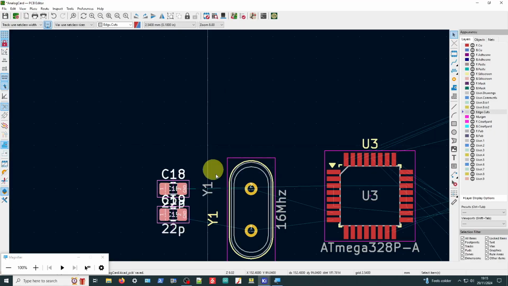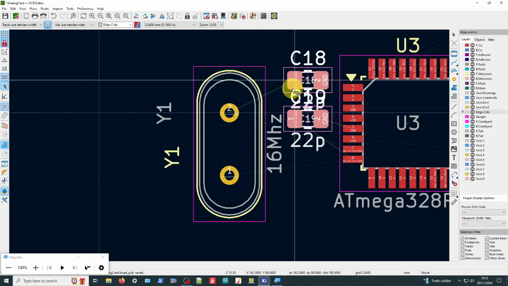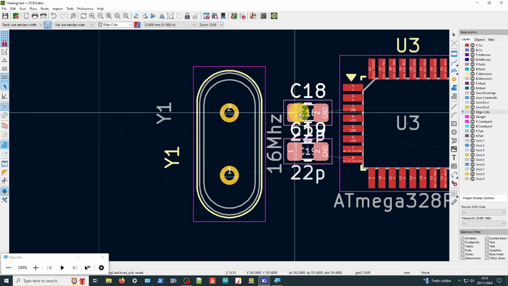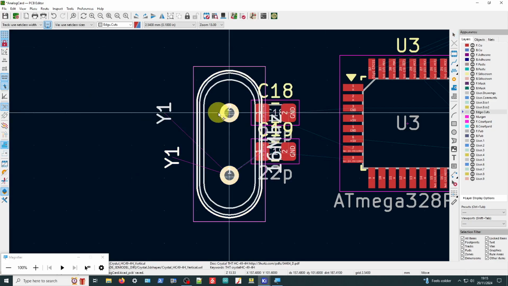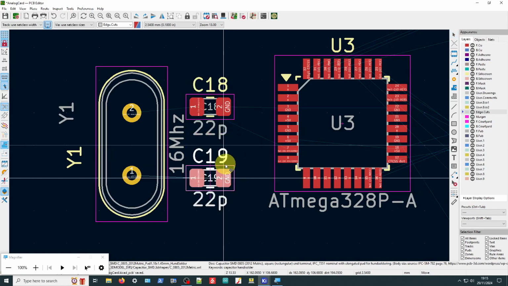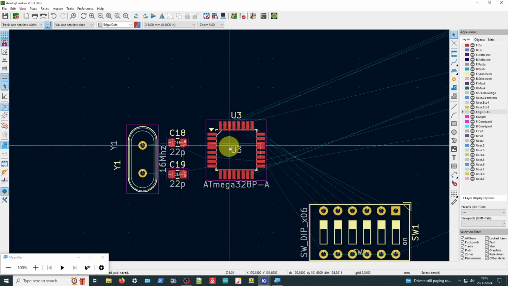And probably put that in there somewhere, and you'll notice the rat lines are kind of going the right way. That's a good sign. We could put it in here, we could put it in the middle, nothing wrong with that at all. Might even be better, just means I'm going to have to move the crystal slightly further away. I'll separate them just so we can see the legend a little bit better. Right, there's C18 and there's C19, and we've made a start